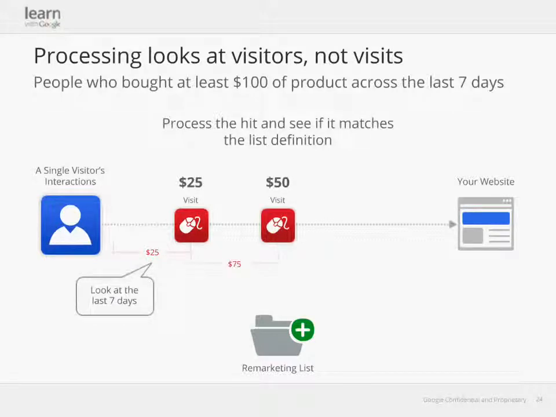Now, when we look at this visitor, we're not just seeing that this visitor spent $50. We're actually seeing that this visitor spent $75 over the last 7 days of interactions. So now when a third visit occurs and they spend $50, again, when we look at this visitor, not just the individual hit or the individual visit, when we process this visit, we will see that this visitor actually spent $100 over the last 7 days of